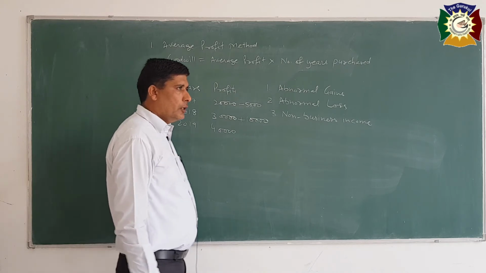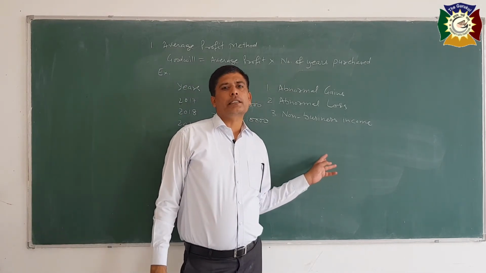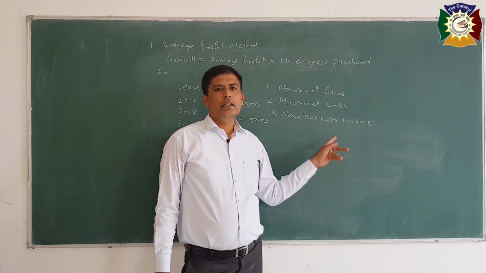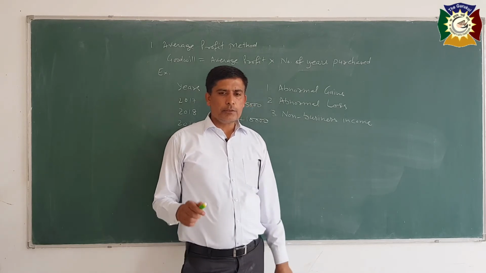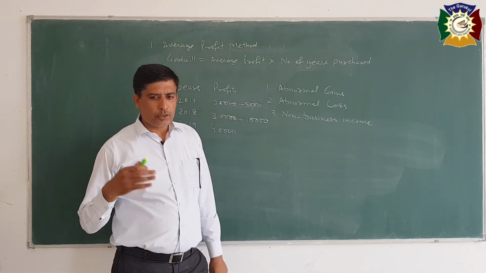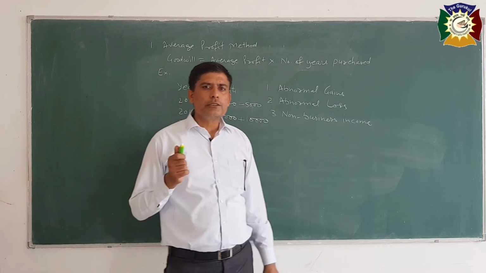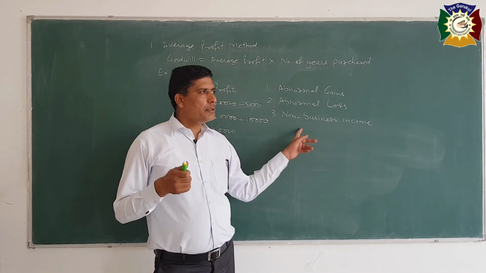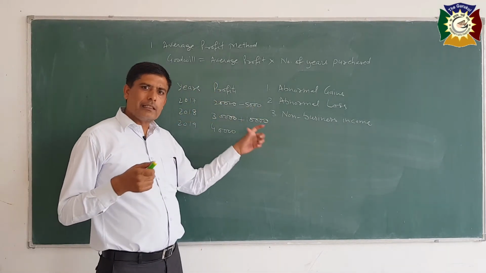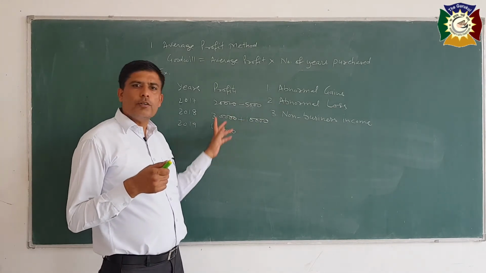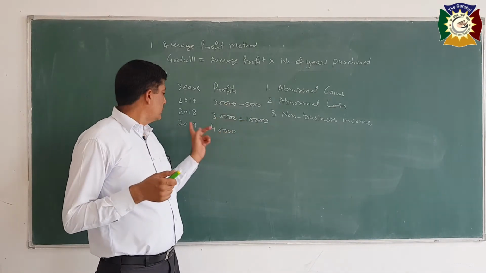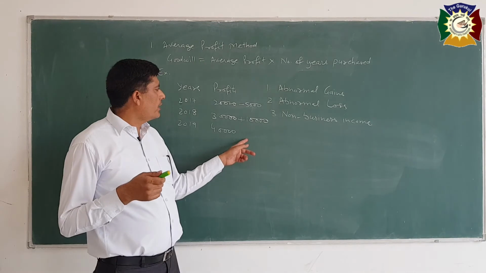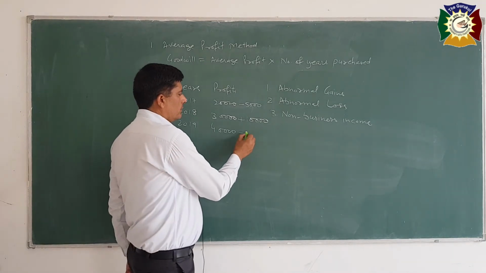Any income which is not directly earned from business activities is included in the profits of any year that will be deducted, like interest on investments. Investments mean we invest our excess or surplus money outside the business on which interest is received. So such interest on investment is treated as non-business income, so we will deduct that non-business income out of the profit of that year. Like in the profits of 2019, income from investment is included rupees 5,000. So we will deduct this 5,000.